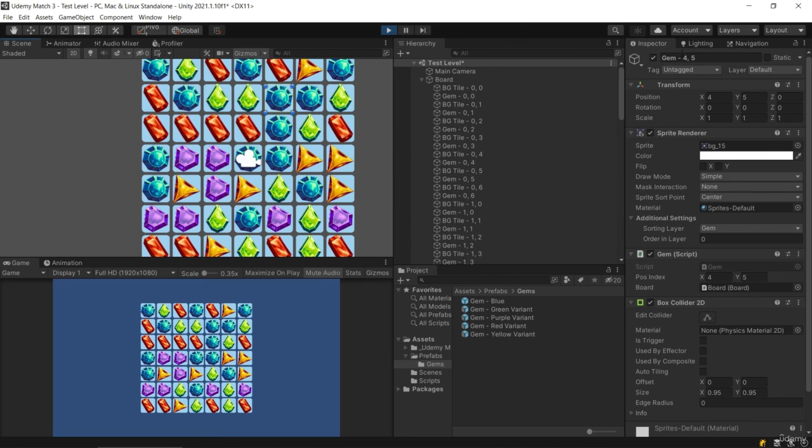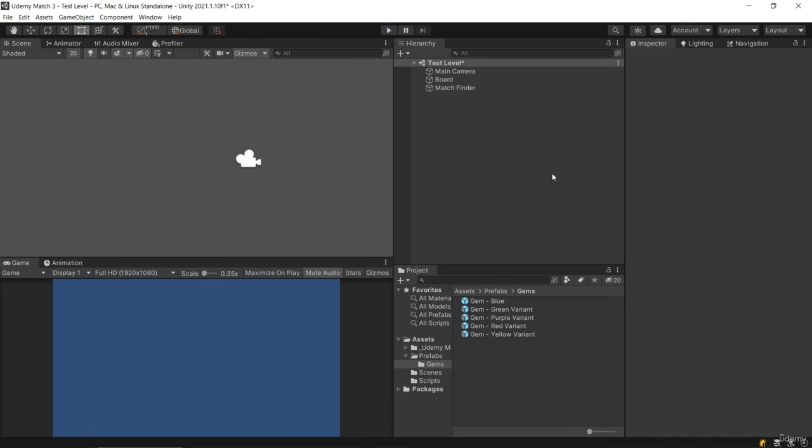And generally speaking, using the name as a comparison is not really a good way to do stuff, because also we're going to want to do some special checks a little bit later for certain types of gems that we want to do different things with. For example, we'll have some stone gems that can't be matched together and can only be broken with bombs that we'll also set up a